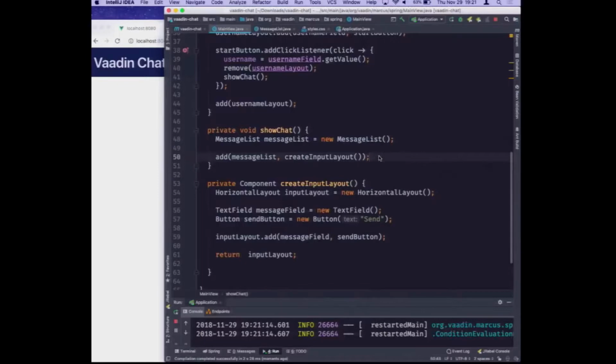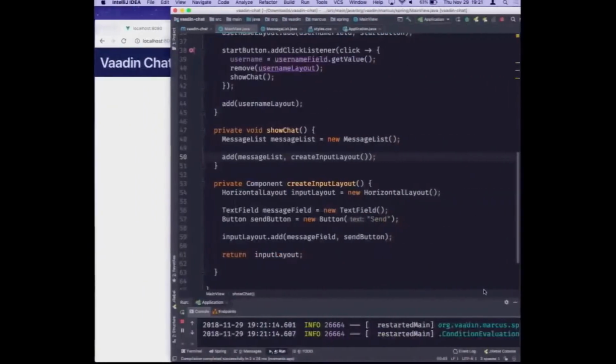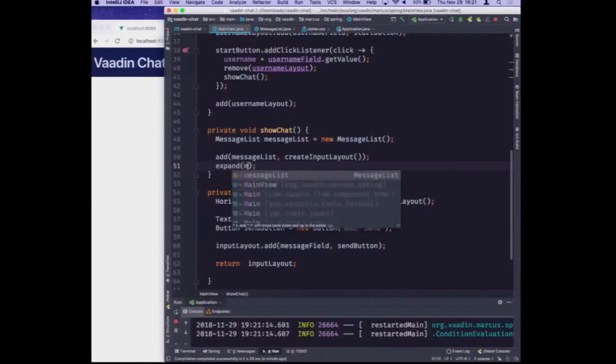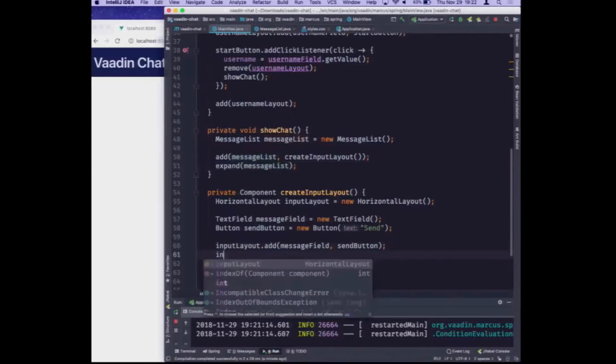The way we'll push this to the bottom, and the way we make this text field bigger than the button, is through the same API called expand. So expand essentially tells the layout which component should get all the extra space that's not needed by other components. So if we call expand on message list, that tells Vaadin that the message list should just gobble up everything else. And in the process of doing that, it's going to push the other component all the way down until it hits bottom. So we'll do the same thing here. Input layout dot